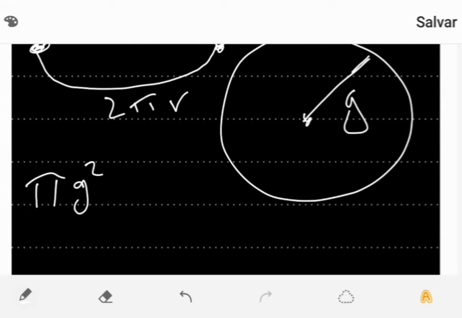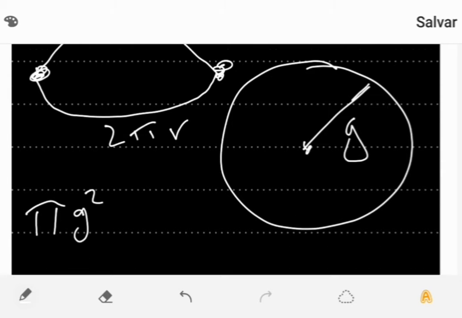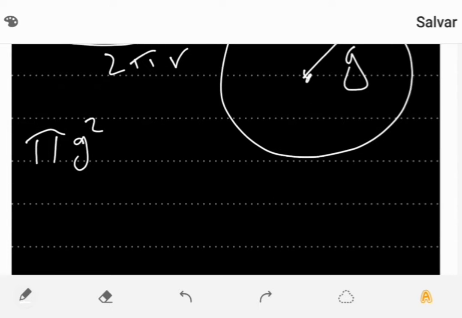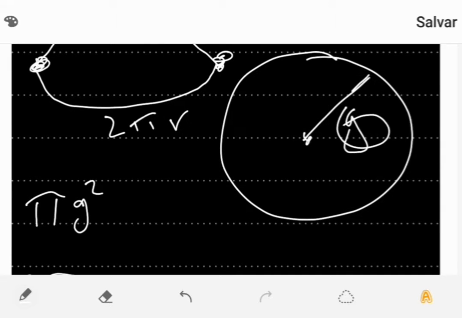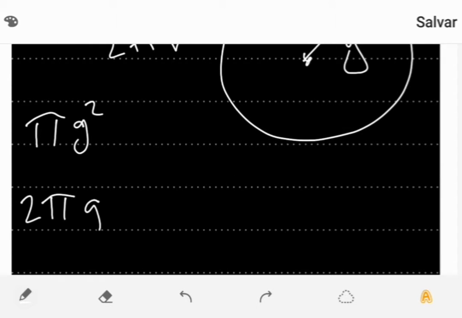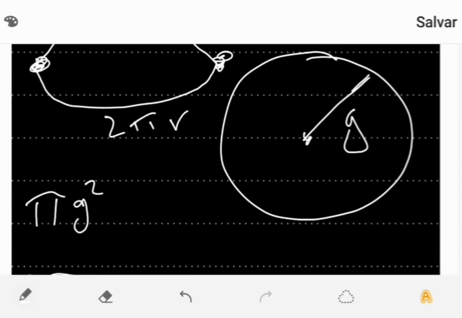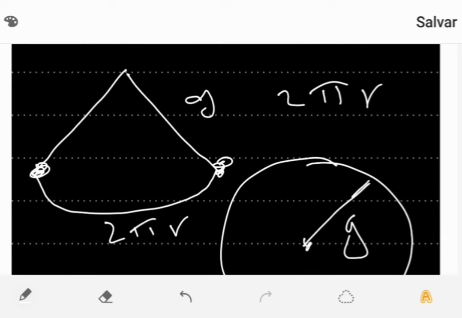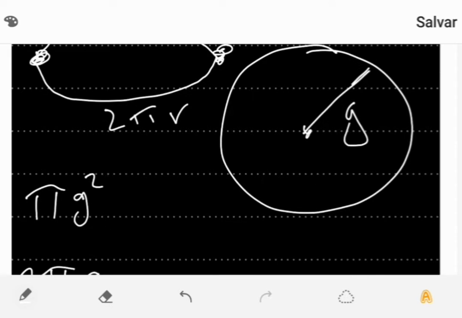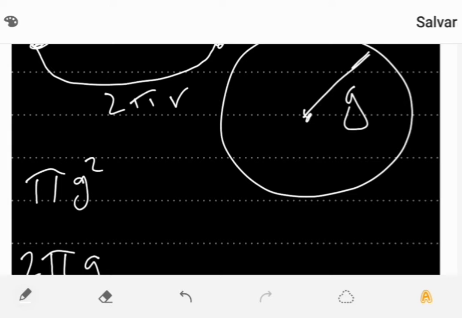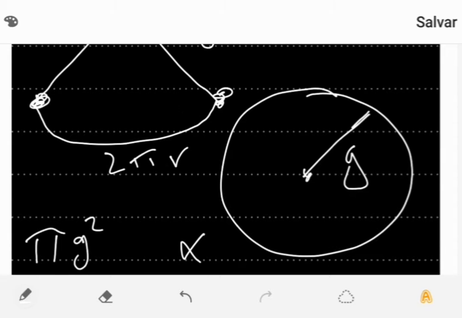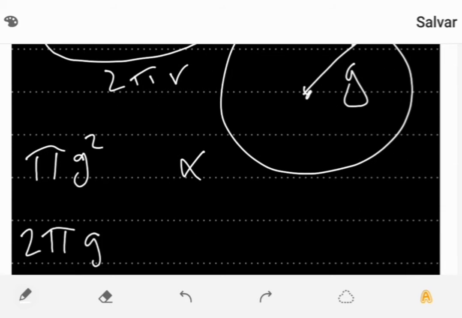G squared, okay? And what would be our circumference? Our circumference would be 2π multiplied by the radius, which is G, okay? And in this case over here, we want an area that we don't know, but we know that the circumference is 2πr,